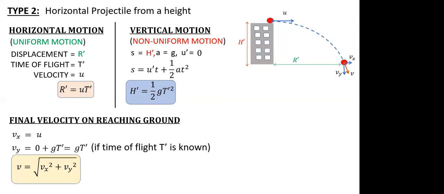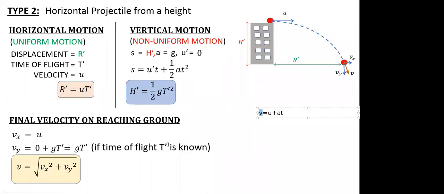They even sometimes ask you to find the velocity at the middle of a certain point. So Vy, we got by applying the motion equation vertically, because vertical is non-uniform. I just applied the formula v equals u plus at. Applying it vertically, the initial vertical velocity is 0, acceleration is g, and t is nothing but the time it takes to reach the ground, and v is the vertical component.